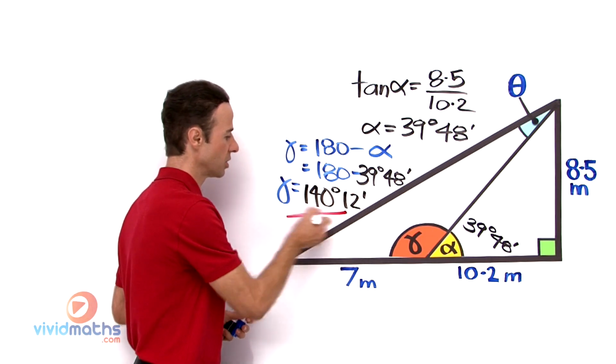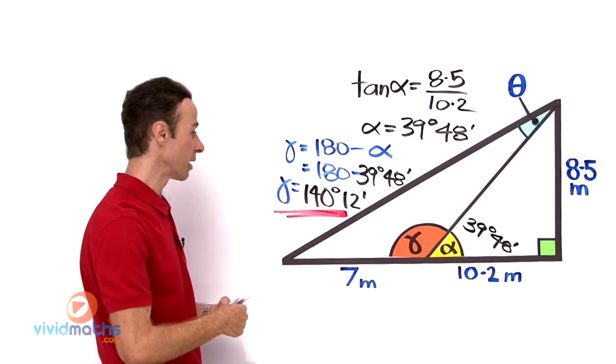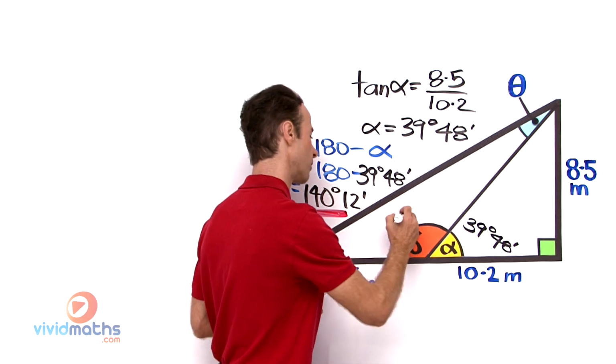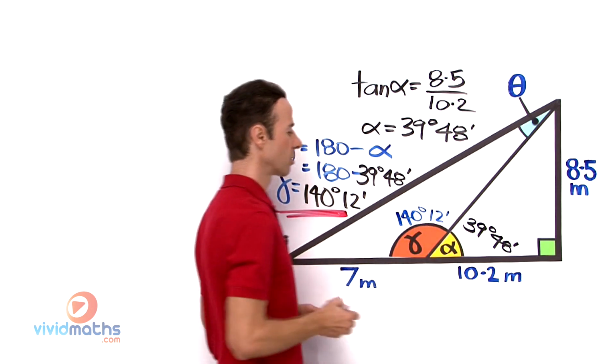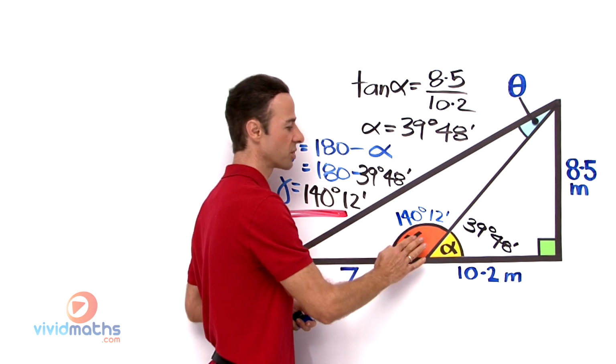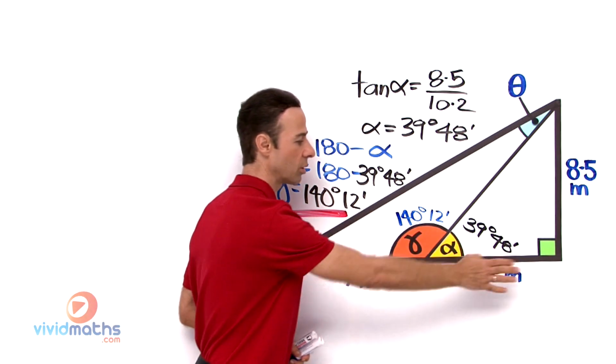Let me just put a red line under there. That's that angle right in there. And let's write it in actually. That's 140 degrees and 12 minutes. Great. We have those two angles there. Now we need to work this angle out, and if you remember, we have the total length across here,